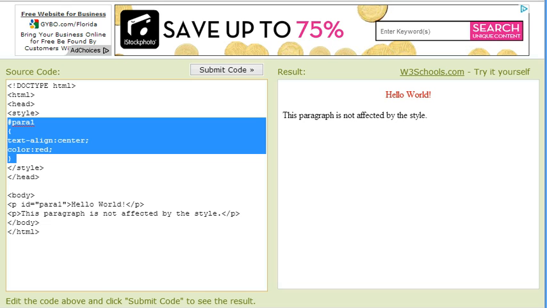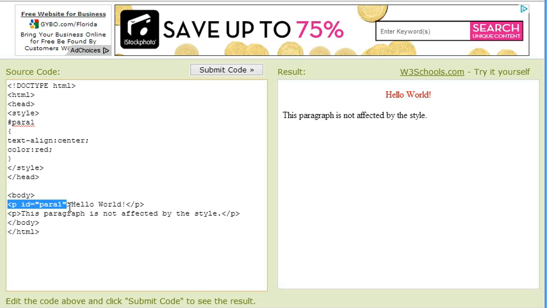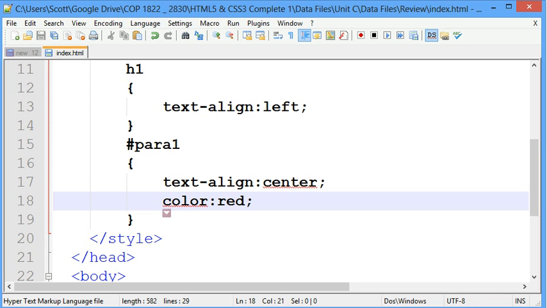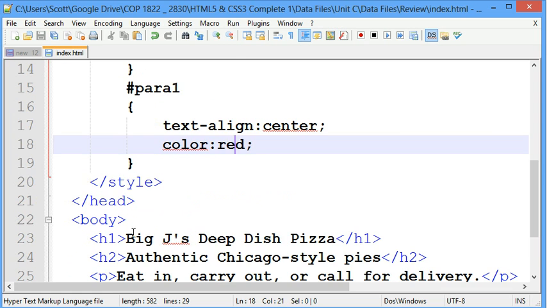So looking back at how the link was made between the CSS and the HTML, there it is. You put it within the tag. You put ID equals, and then double quotes, and then the name, or whatever is after the pound sign in the CSS. So I'm going to copy this, and I'm going to go to my HTML,